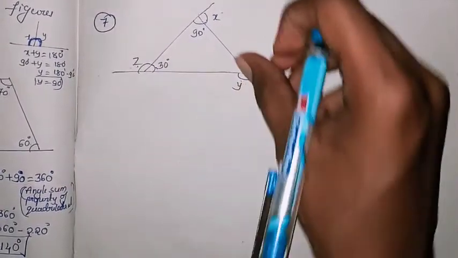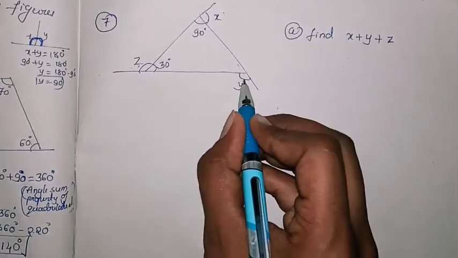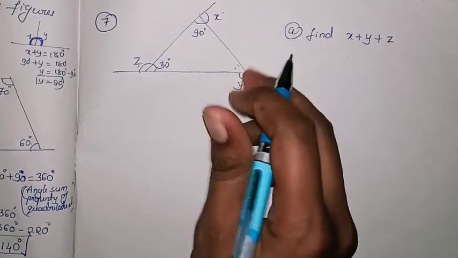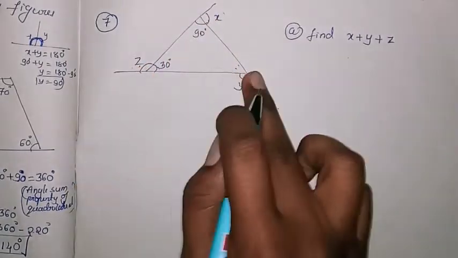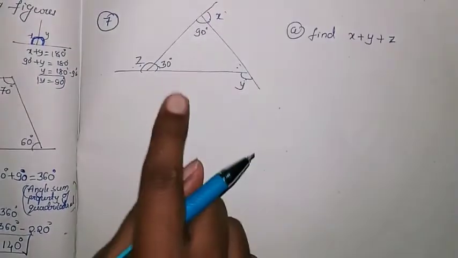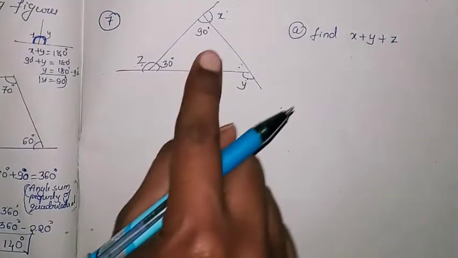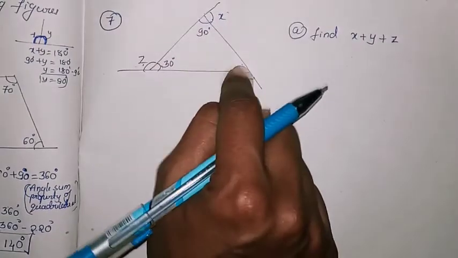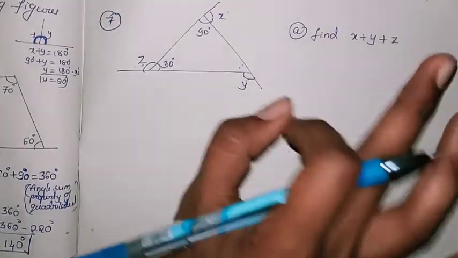Now you can observe here there is another straight line and angles form, but here y we don't know, and another angle also we don't know. We have to find this one. Is there any other method to find this angle? Yes, because it is forming a triangle. We have studied in a previous class that the sum of the angles in a triangle is equal to 180 degrees. You know this one and these two. Is it possible to find this one? Yes, of course, by applying the angle sum property.